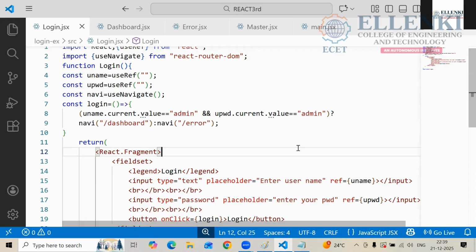Everyone has to create the login, dashboard, error page, master component.